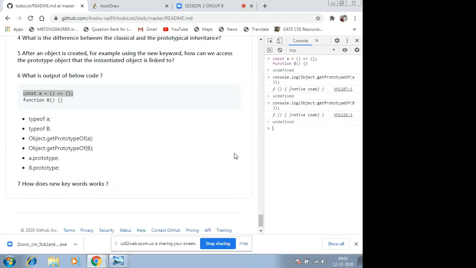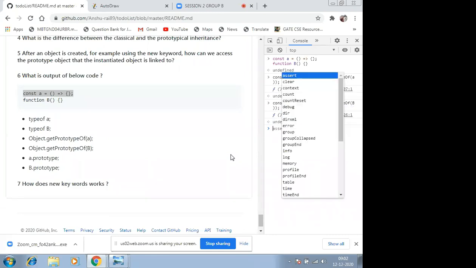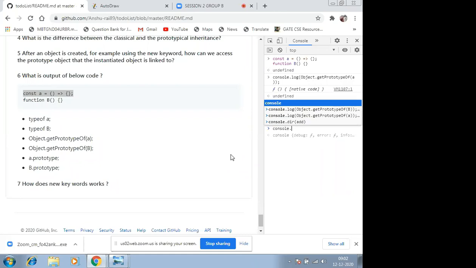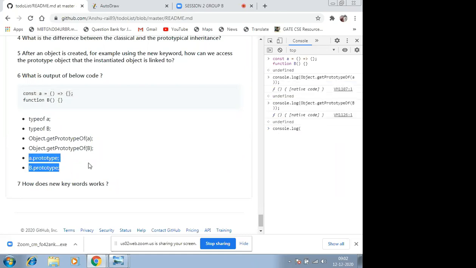But if we just try to access this, now this is going to give a bit of a strange result. So let's just see. Console.log, copy this. I can also do it directly.